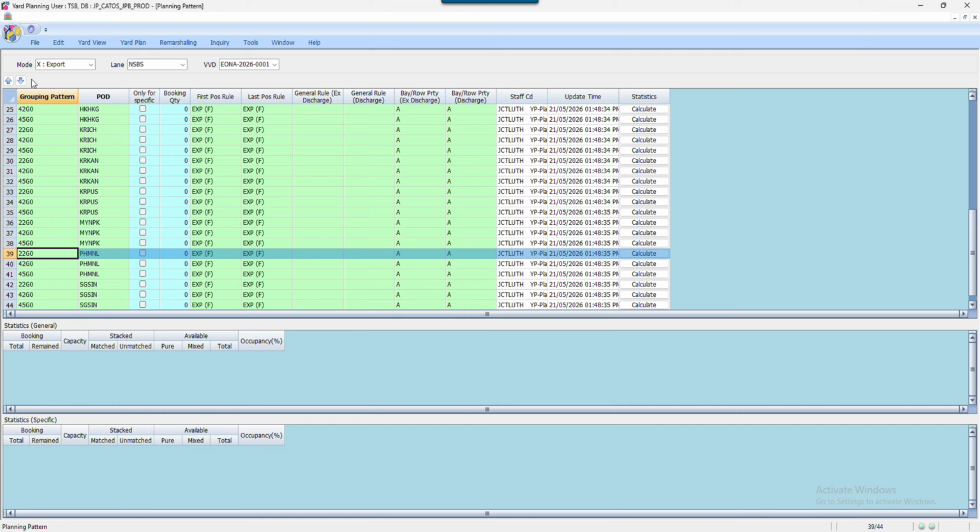As long as there is a specific planning pattern, it will choose from that position. If it can't find one, it goes back to the general boundary plan. Yeah, I think it's good to have 2 layers of plan. Every terminal has their own way of operations for different situations, so because of this, we have the specific and the general. Maybe after 1 year you may change your mind, but for the time being,